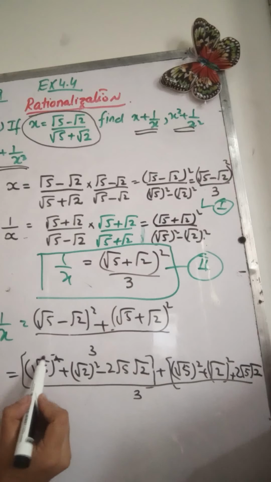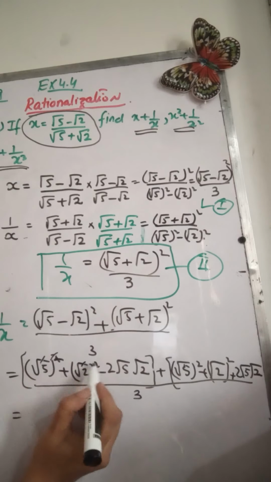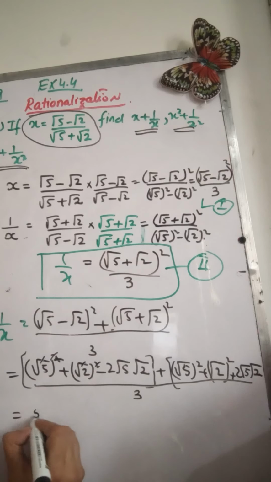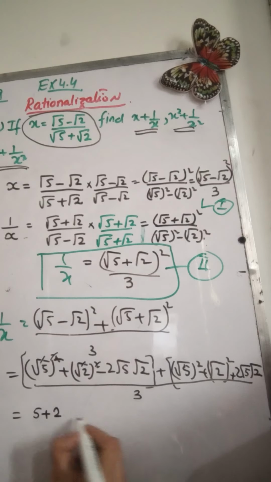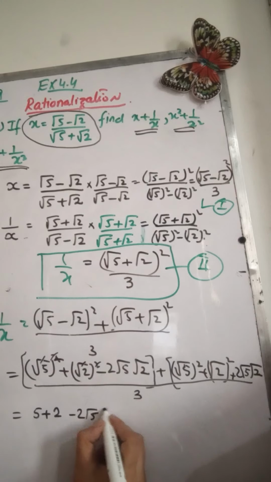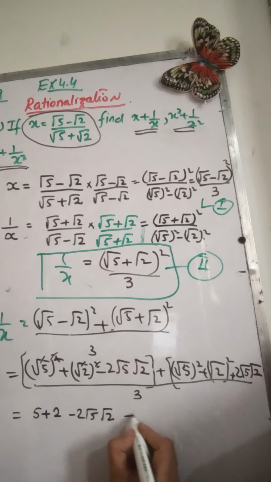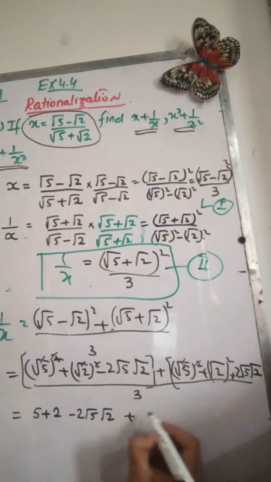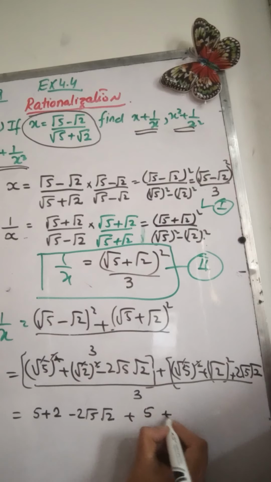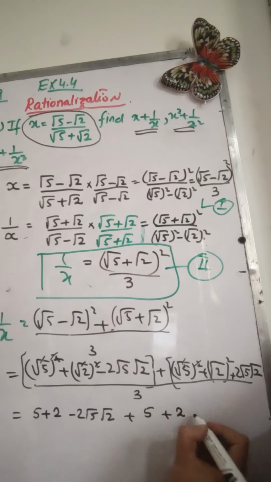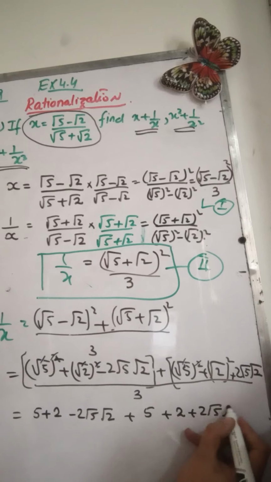Now this will be equal to 5 plus 2 minus 2√5√2, plus the square root 5 plus 2 plus 2√5√2